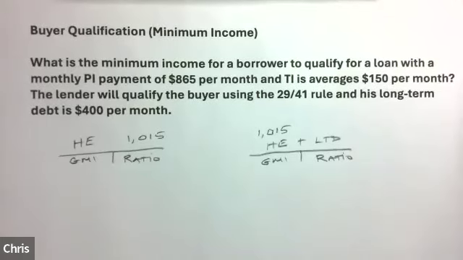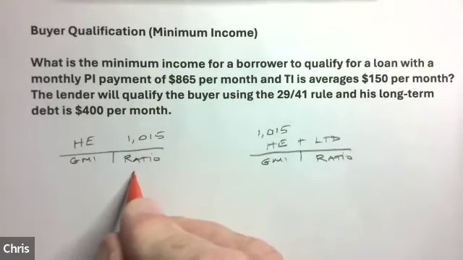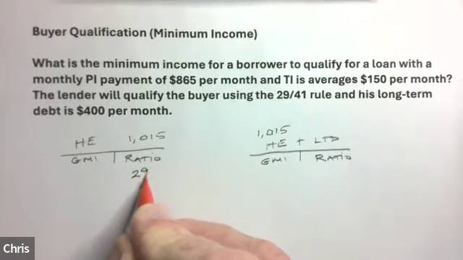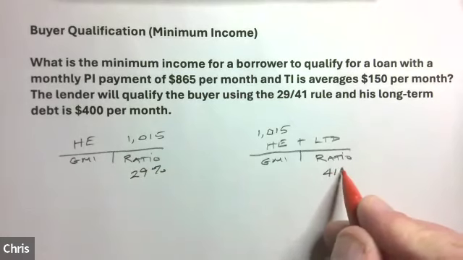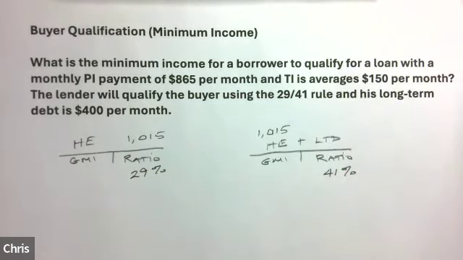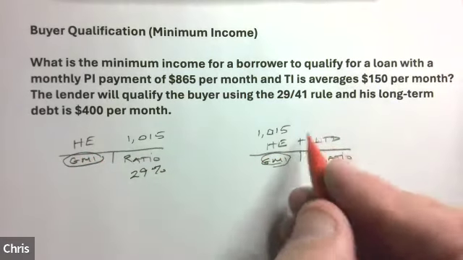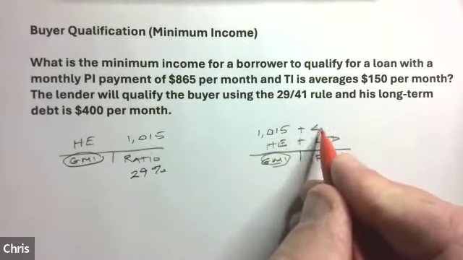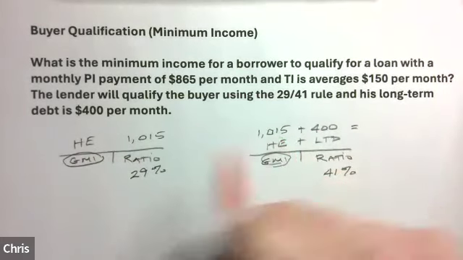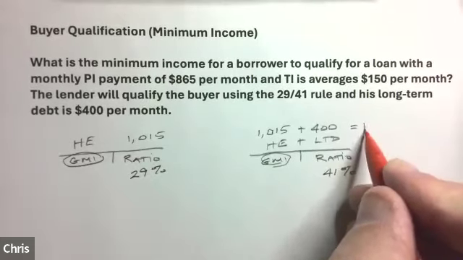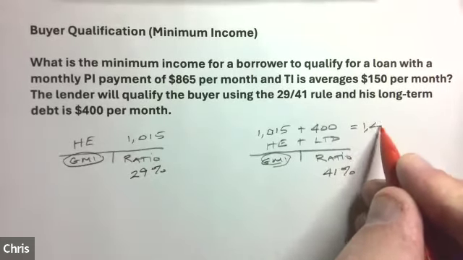Okay, the lender will qualify the buyer using 29/41. Now, interesting thing about this is 29 and 41, you see that in FHA loans, but it doesn't matter to you. They're just numbers, and you're just going to plug them in. Obviously, the variable that we're looking for is the gross monthly income. I'm missing one thing, and it says long-term debt, and there it is in the last sentence, $400. Okay, so down here, we actually have the 1,015 plus the 400. So that's going to be 1,415